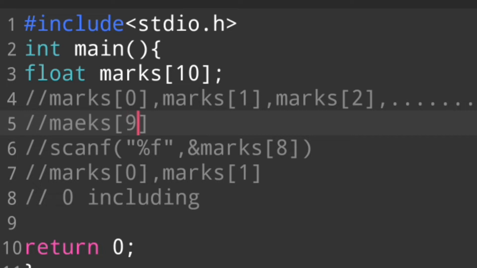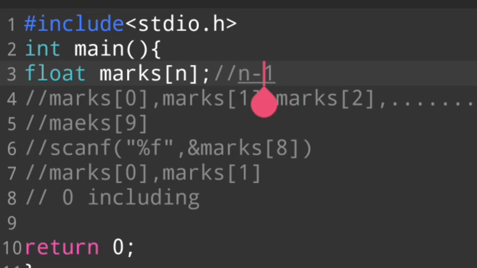So in my phone, if we print the value of marks array 10, the value of marks array 10 is printed, but in your phone, in an array of size 10, the index includes 0 and the excluded value is n minus 1. If we suppose n is the size, the excluded index is n minus 1. I hope you understand this topic very well and in an easy way.